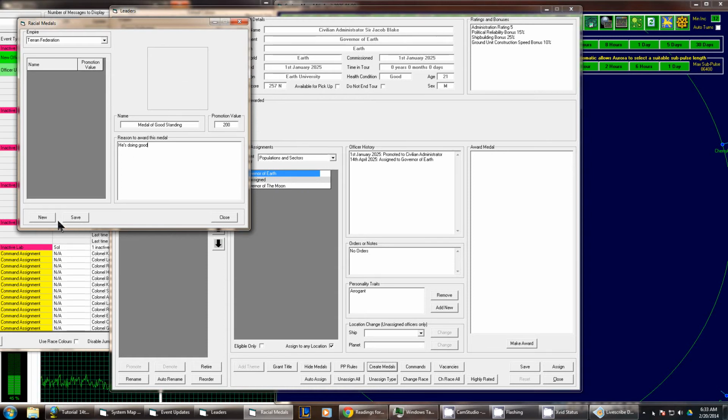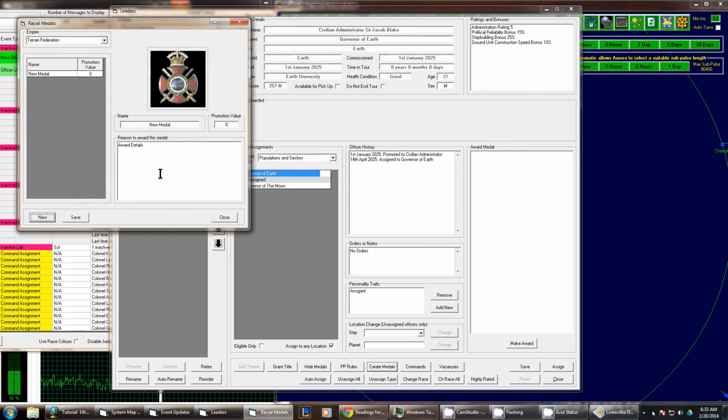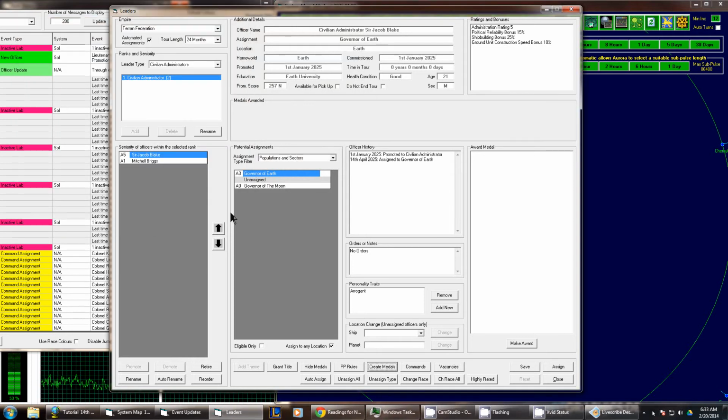Shoot, how do I? Okay, you click new and you can pick one of them. Oh, well, that all went down the toilet, but alright, well, save it. And then you give those out. It's just for role-playing purposes. What I like to do is when you get new officers and you get the exceptional or outstanding, I like to rename them to Facebook friends, and that's when I'll use create medals or do that sort of thing. That way they get